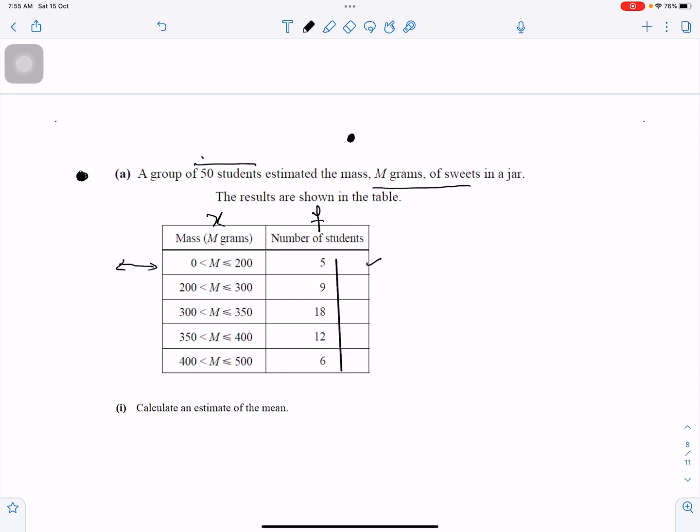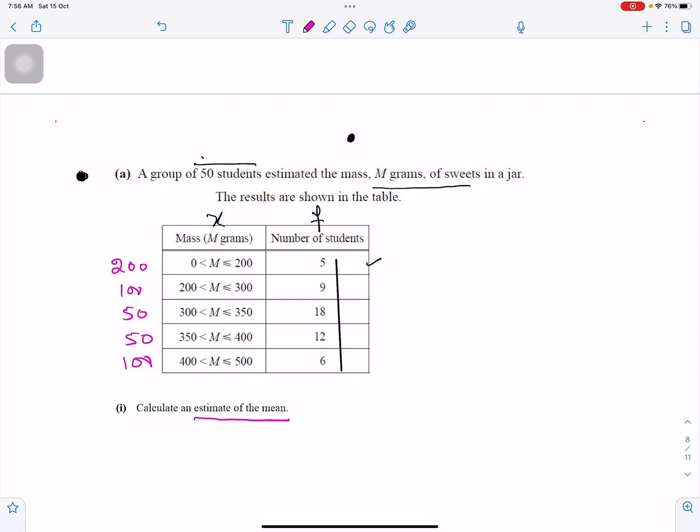Okay, so now if we see, 0 to 200, the interval is 200, right? Let me change the color here. And 200 to 300 is 100. I'm just talking about the difference. 300 to 350 is only 50. And then 350 to 400, again 50. 400 to 500. So the interval is unequal here. To calculate the